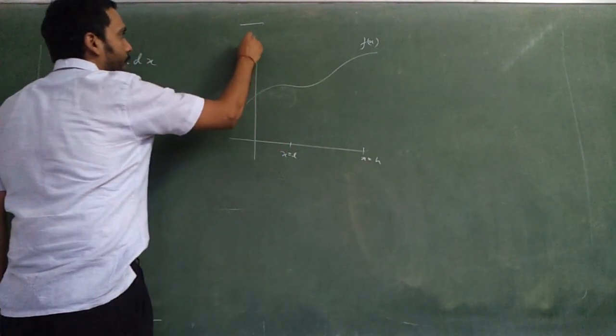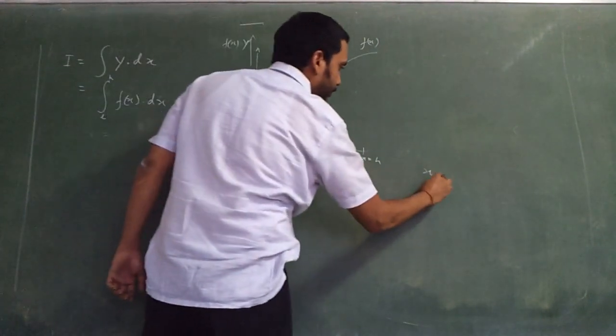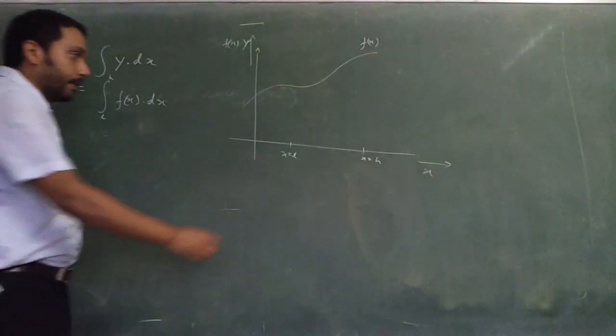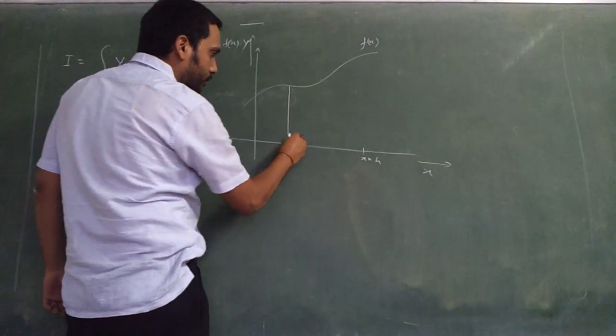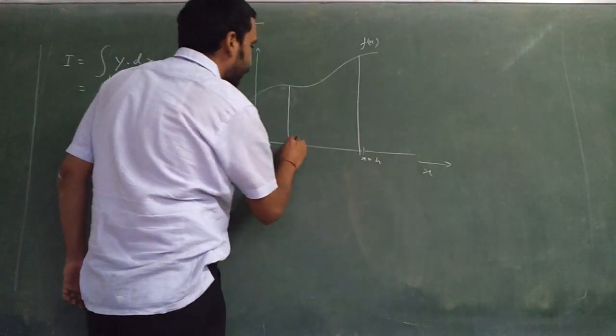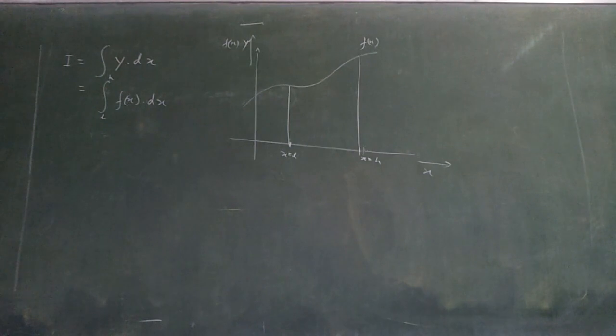This is your y axis or f(x) axis, and this is your x axis. Okay. And you get the area from here to here automatically when you put in the limits over here. So what is it doing? What is this integration sign doing, or this operator doing?